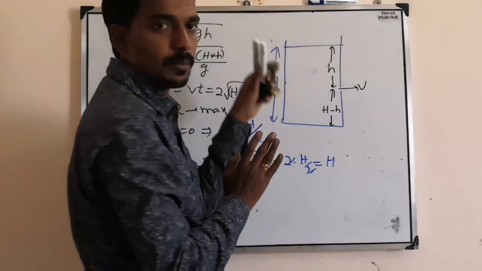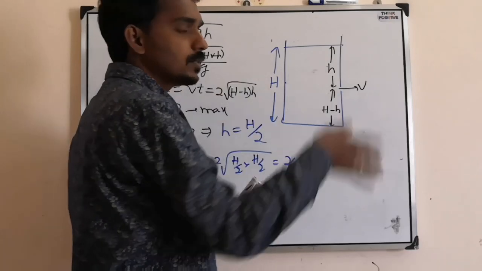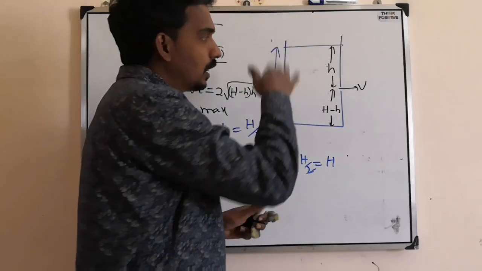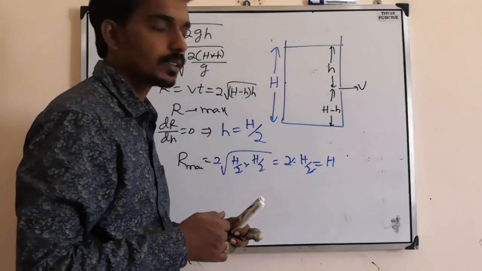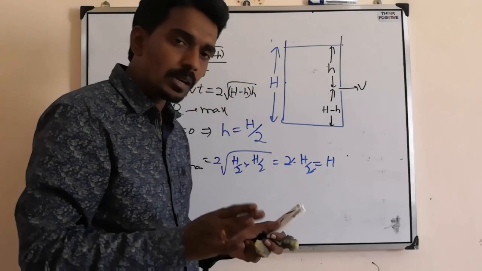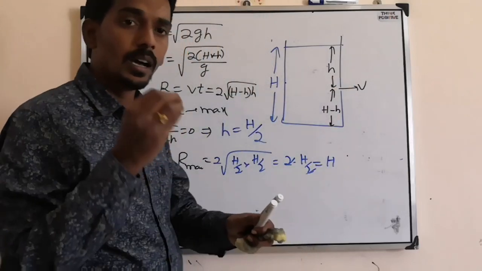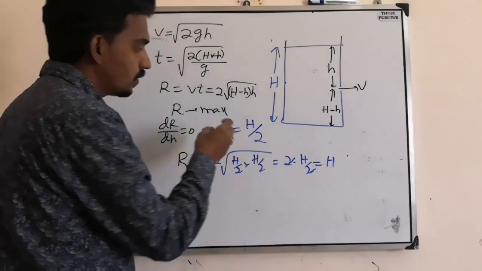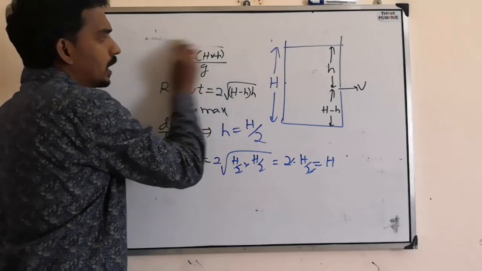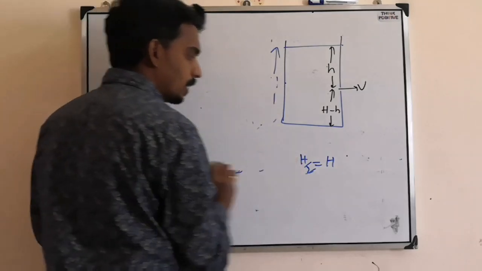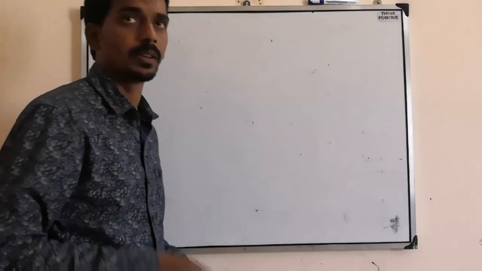Because suppose I took 10 centimeter and I made the hole at 5 centimeter. Then initially the range is maximum. But now the depth will keep on changing, and the hole will no longer be at the midpoint. That's why at one particular moment, if the height of the liquid is this much, where should the hole be made so that the range becomes maximum? That particular question they will ask, so that you can apply this formula: what is the maximum range and where we should make the hole to get it.